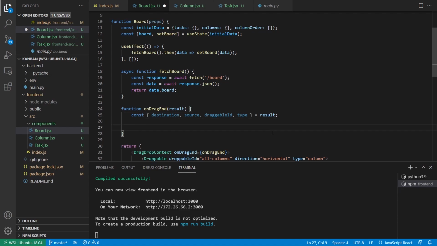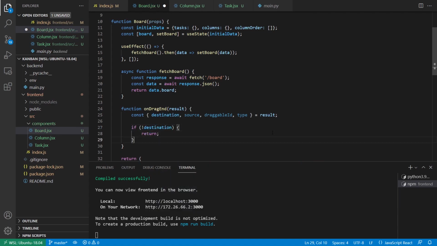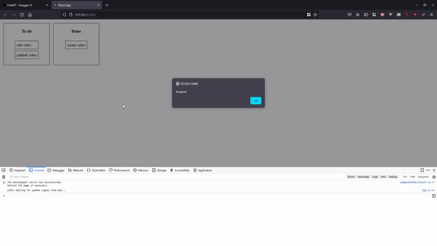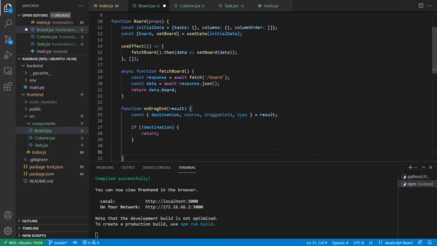And in here, I can do some simple things for the easy cases. So I can say, if there's no destination, I just want to return because there's nothing to do. If I pick up an element and put it right back, then there's nothing to do. Likewise, if the element doesn't go anywhere, so these are similar situations, like I move it around, but it doesn't go anywhere, or like I just touch it and it doesn't go anywhere, I don't want to